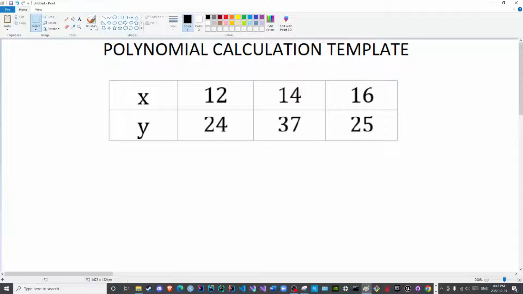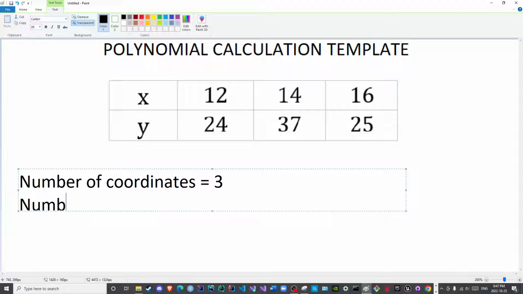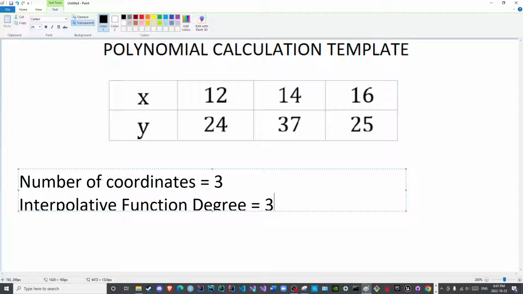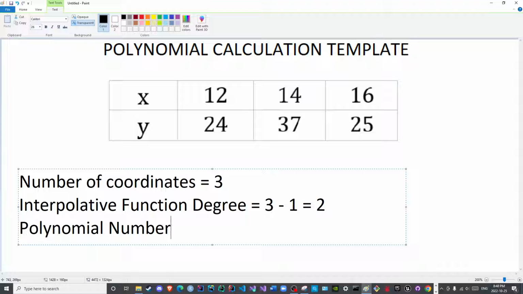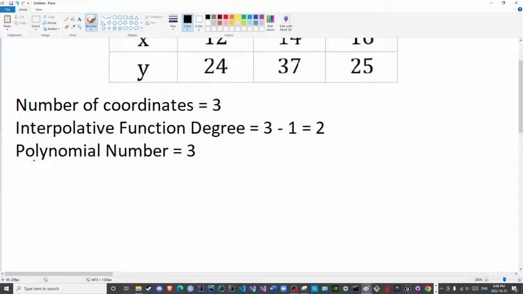So let us start with the usual questions. Number of coordinates is equal to 3. The degree for the interpolative function is equal to 3 minus 1, which is equal to 2. And lastly, we have the number of polynomials, and that is equal to the same number of coordinates. Now, to calculate the polynomial,